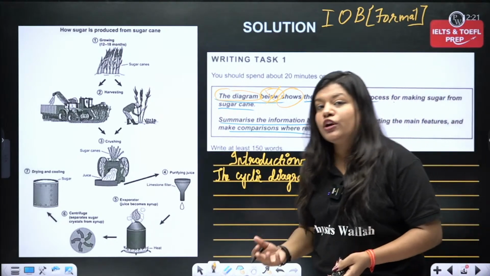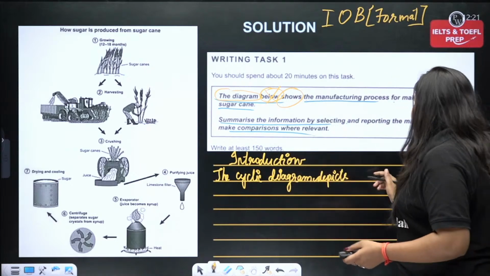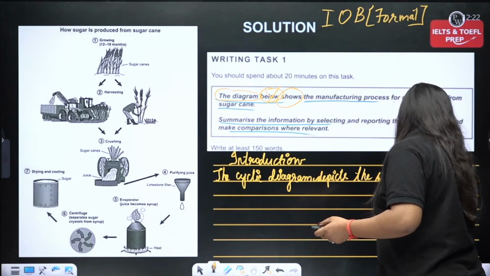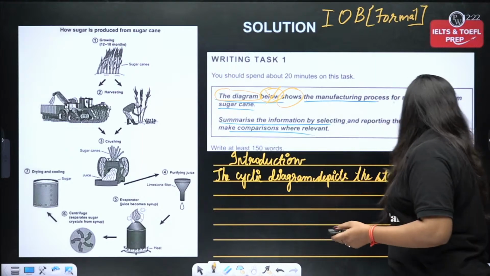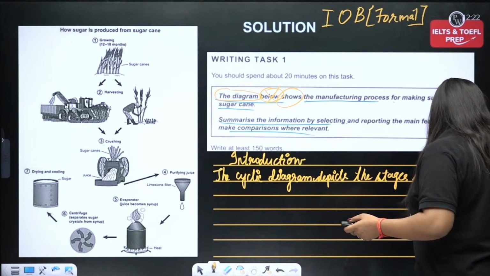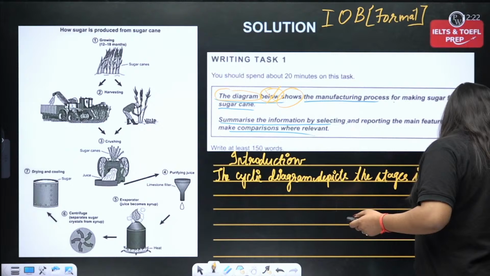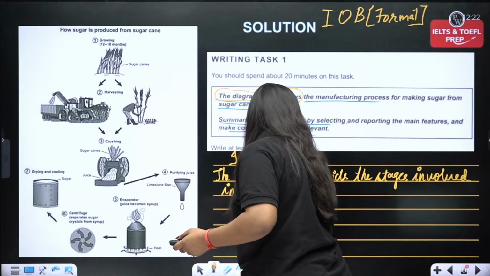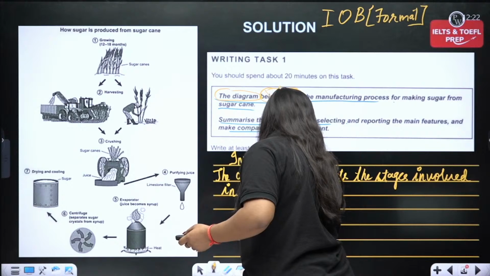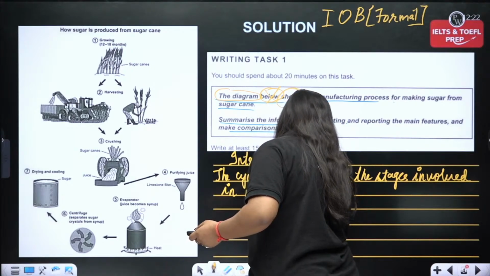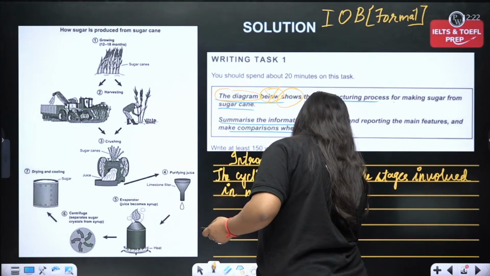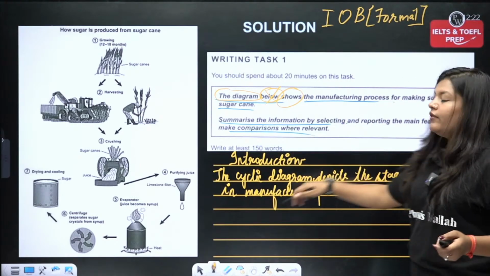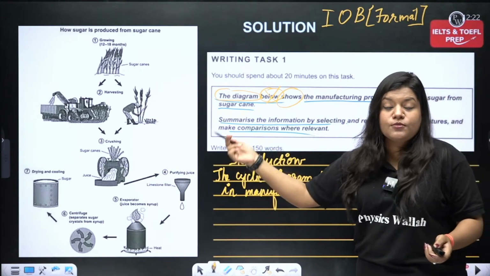So I'm going to write that cyclic diagram depicts the stages. The stages involved